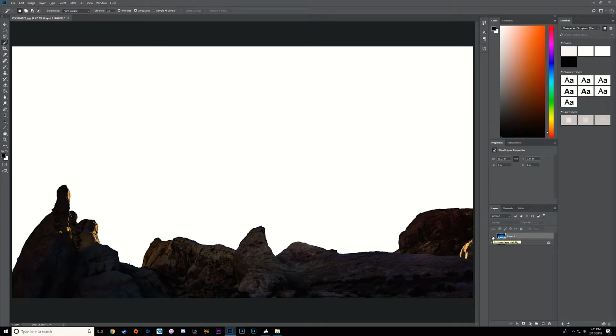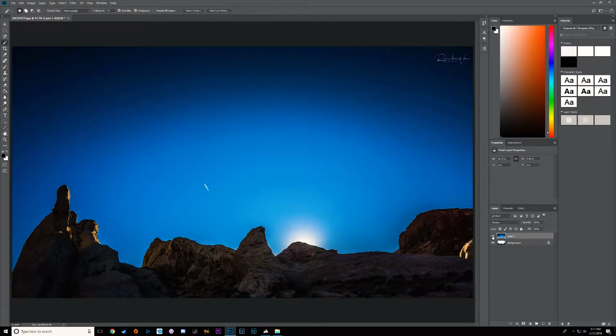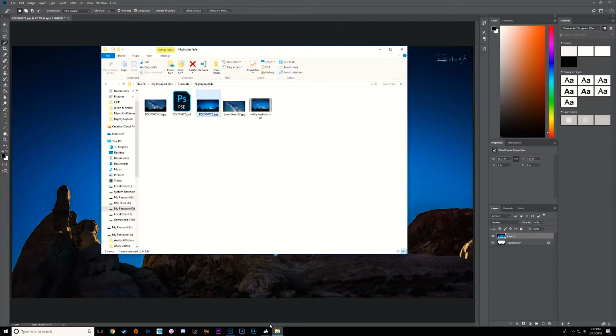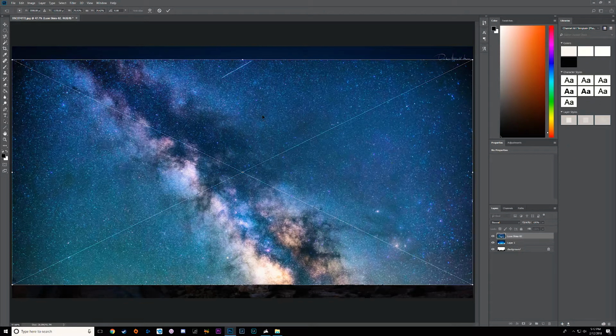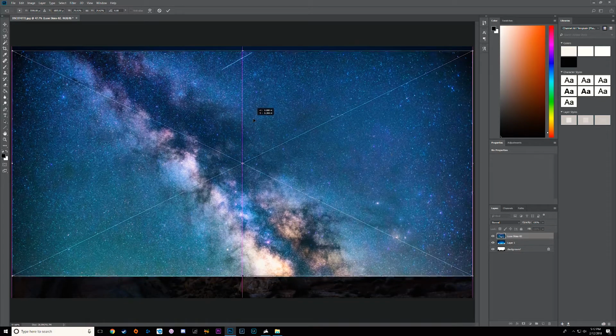Okay, so now that we have our foreground selected and we have our background cut out, we can go ahead and grab our overlay, which is this one right here that I'm going to use. You click it, hold it, and drag it in until you see that plus sign, and then just let it drop. And then you're going to want to resize it to your photo. So what I'm going to do is,